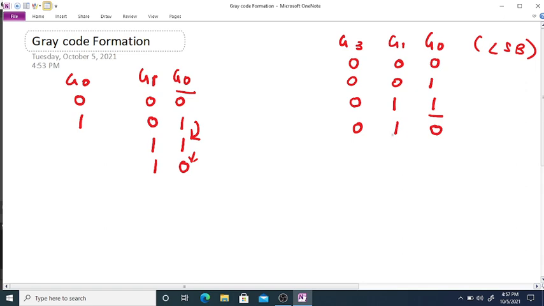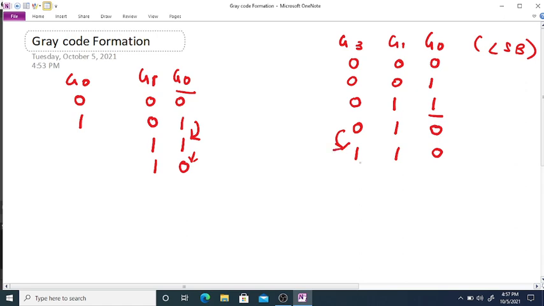So in this way we have already completed the combinations of 2 bits. So we cannot make any changes to G1 and G0 now. So we have to make a change to the G2 bit. Now we will take the G1 and G0 bits as they are, as we know that two consecutive numbers should differ by a single bit.